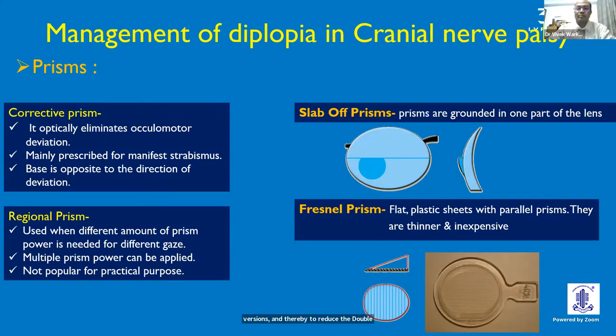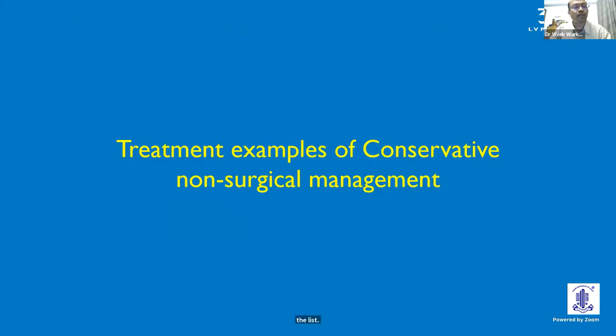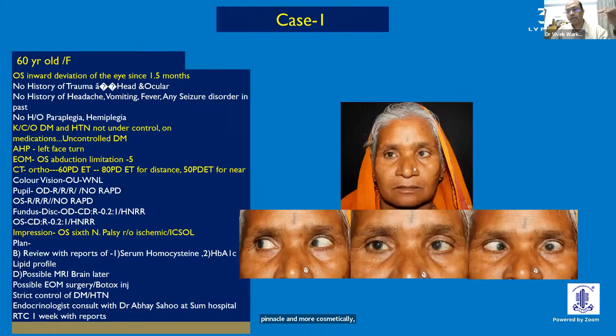Most of the time, if the deviations are smaller, then we can use slab-off prisms. Otherwise, for larger horizontal deviation, you can always use the Fresnel prism. And nowadays, there are Fresnel prisms which have less thickness, they become thinner and more cosmetically better. Treatment examples for conservative non-surgical management, you can appreciate this female who presented with the gross